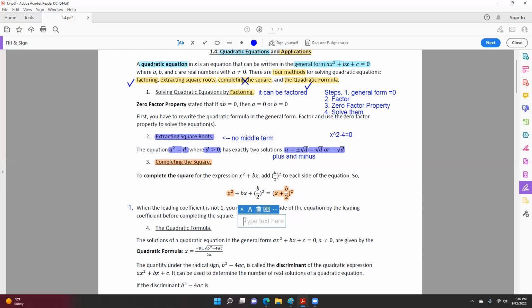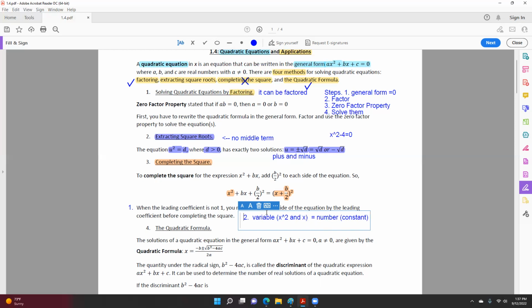And then what you need to do on the second step here is to separate your variables on one side and your number, which is the constant term, on the other side. Okay, so that is your second step, to separate your variables. Now don't forget, this variable side consists of both x squared and x, and then the number is on the other